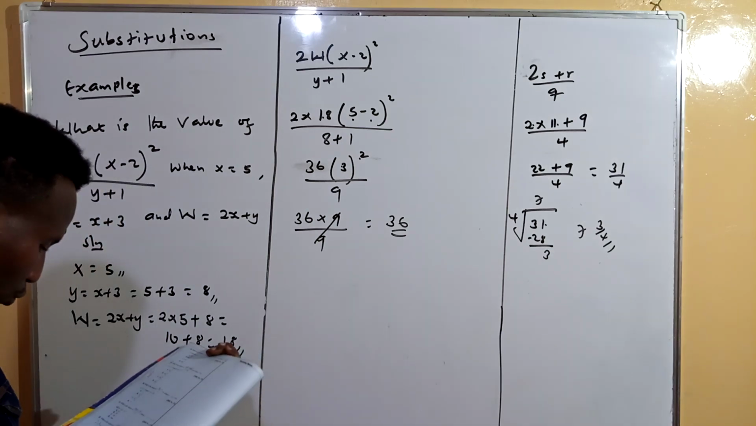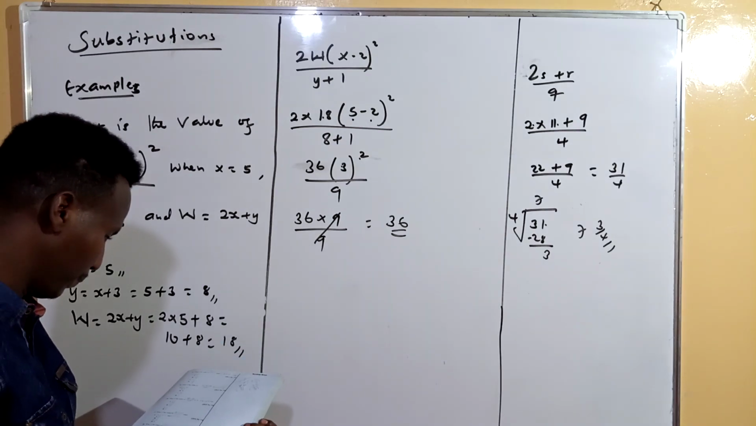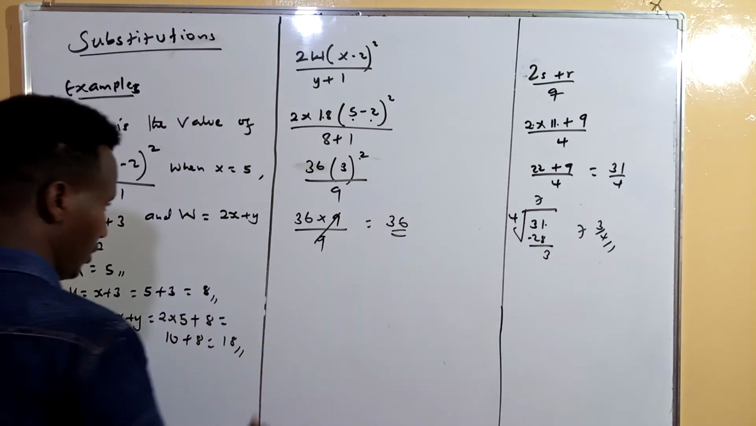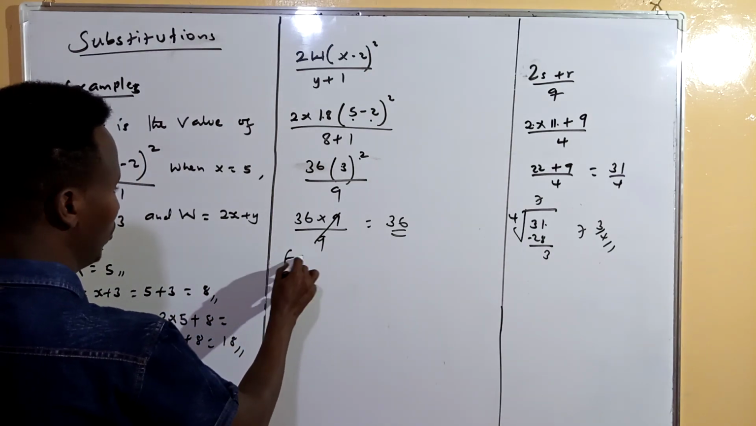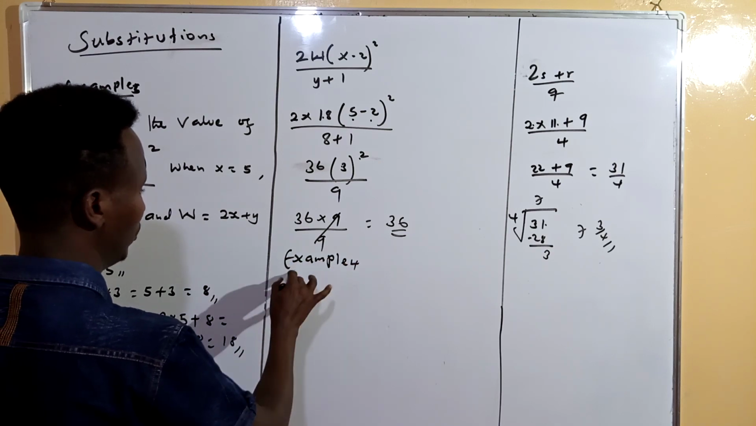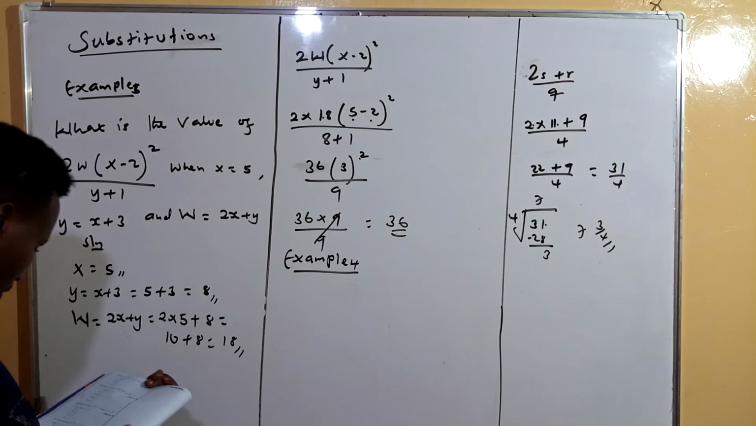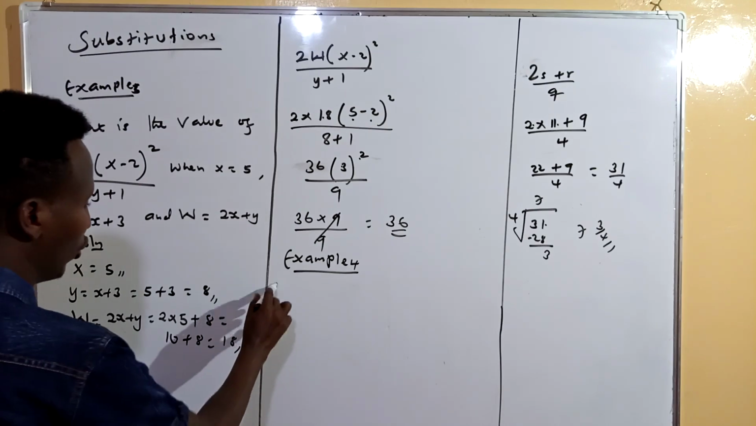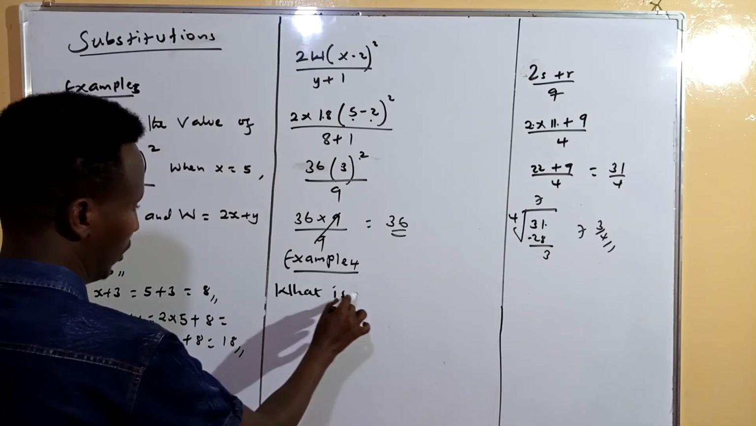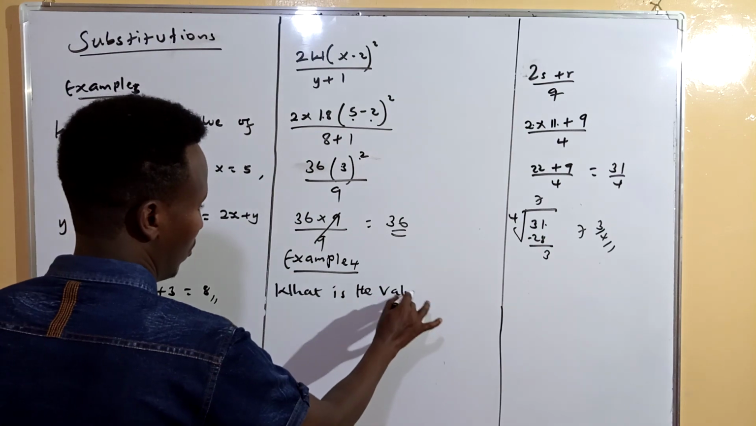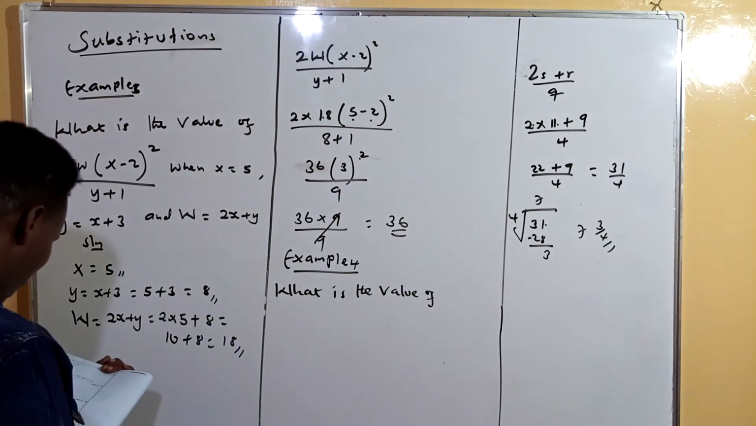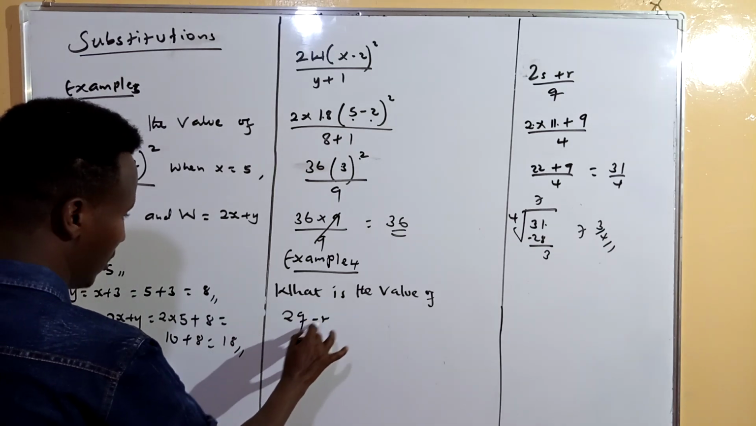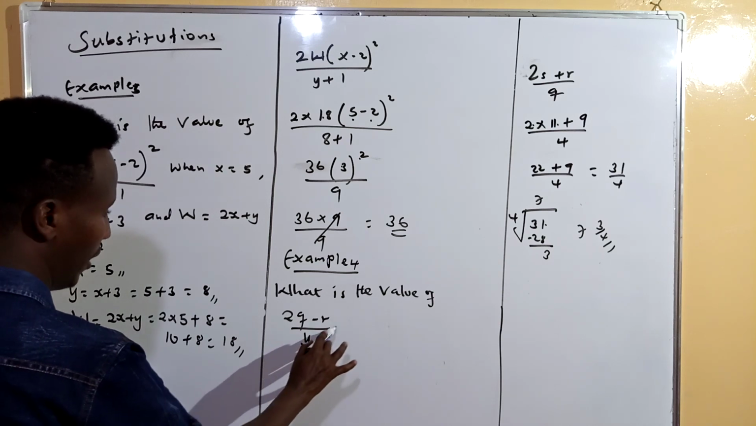Let's go ahead and let me add for you more examples so you understand this thing. We have, this is example 4. You are told, what is the value of 2q minus r divided by y plus n,